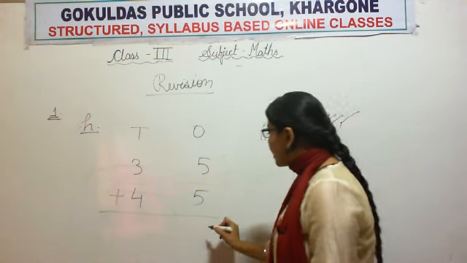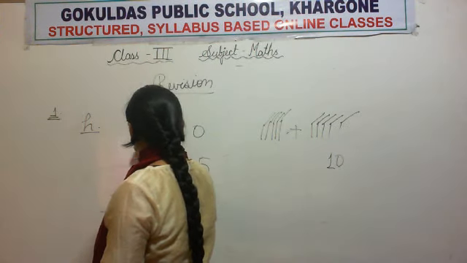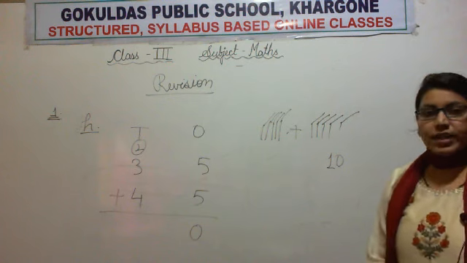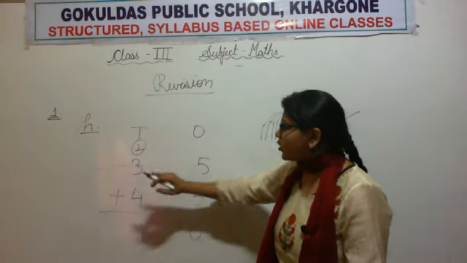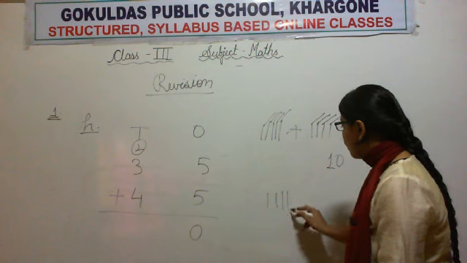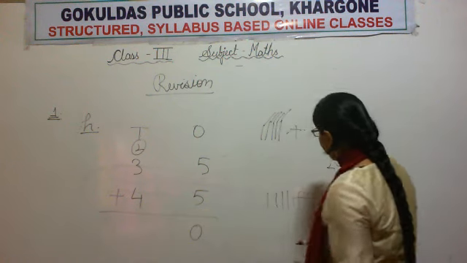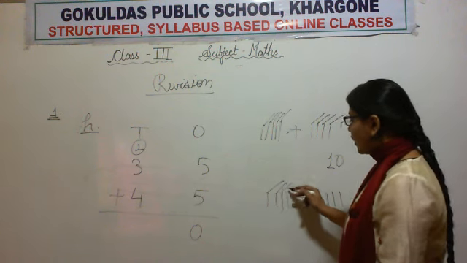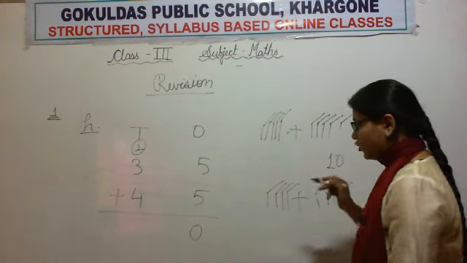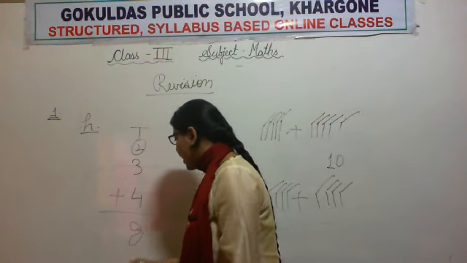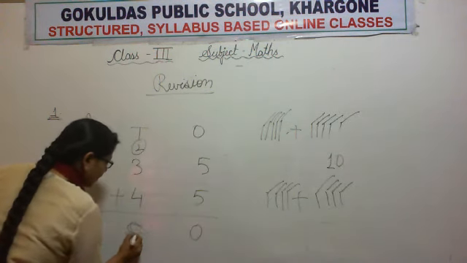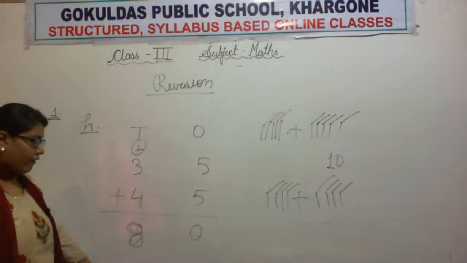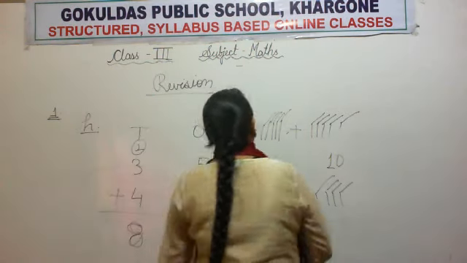We got a 2-digit number. So what will we do? We will regroup the 10. Now whenever 1 is added to any number, it gives its successor. So what is the successor of 3? 4. So we will draw 4 sticks for that. The next number is 4. So again we will draw 4 sticks for that. Let's count 1, 2, 3, 4, 5, 6, 7 and 8. So we will write the number 8 here. So first addend is 35, second addend is 45 and the answer, sum or total, is 80.